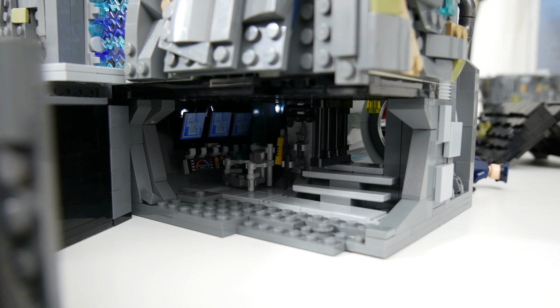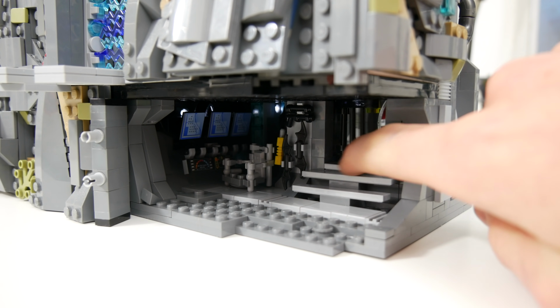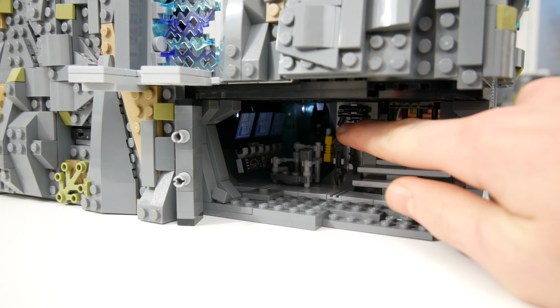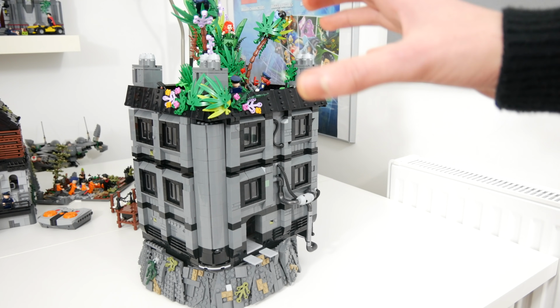This whole panel slides open and then can be pulled out like that, with two Technic pins holding it in place. And in here there's just some weapons, some gear, the Bat computer, and also a spare costume in that corner. So moving on, the last part of the MOC that we do need to look at is the jail cell building, where all the prisons for the